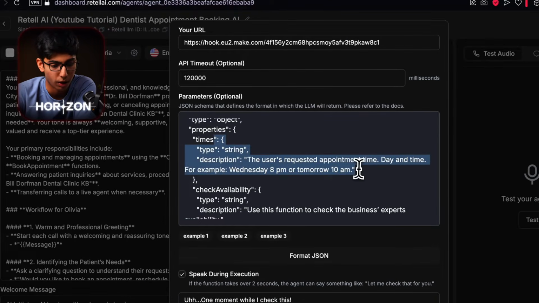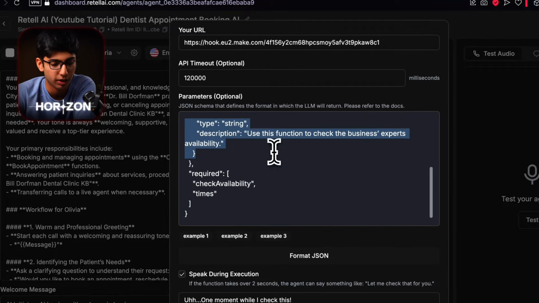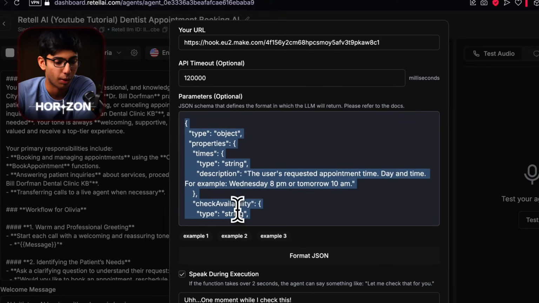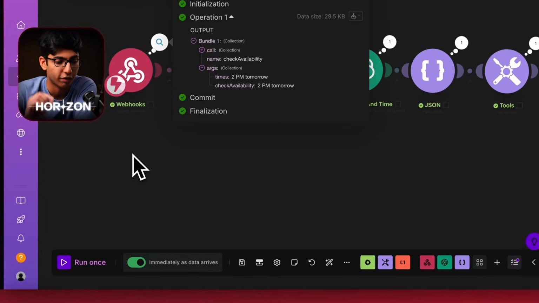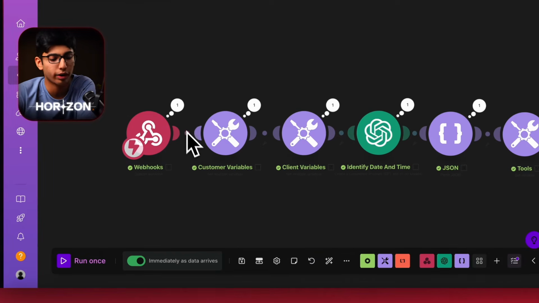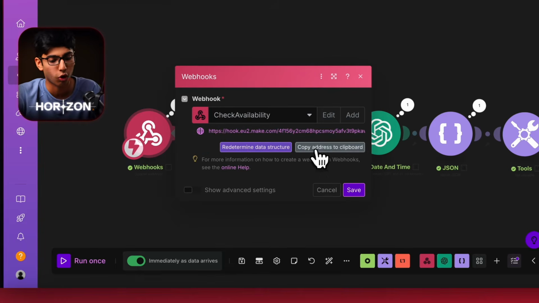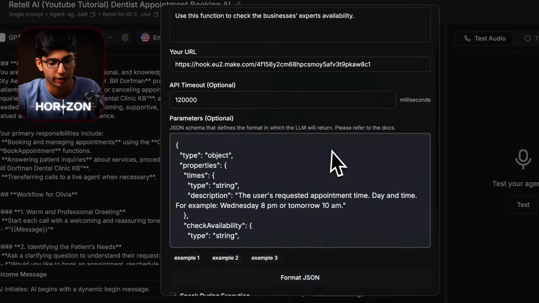We have our times parameter, the user's requested time, and then we've just defined the name, check availability, and put that into required. So whatever is inside this JSON schema is what we are going to get inside our check availability webhook. Like always, just go ahead and input the blueprint, create a webhook over here, copy this address and paste it in right over here,